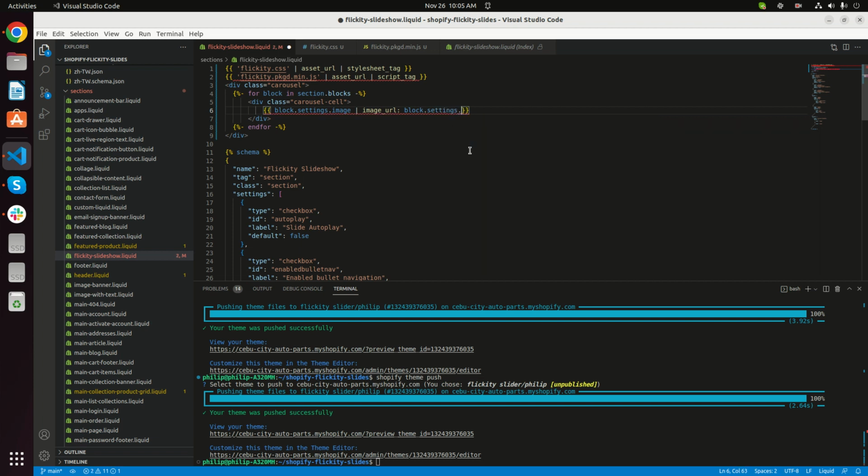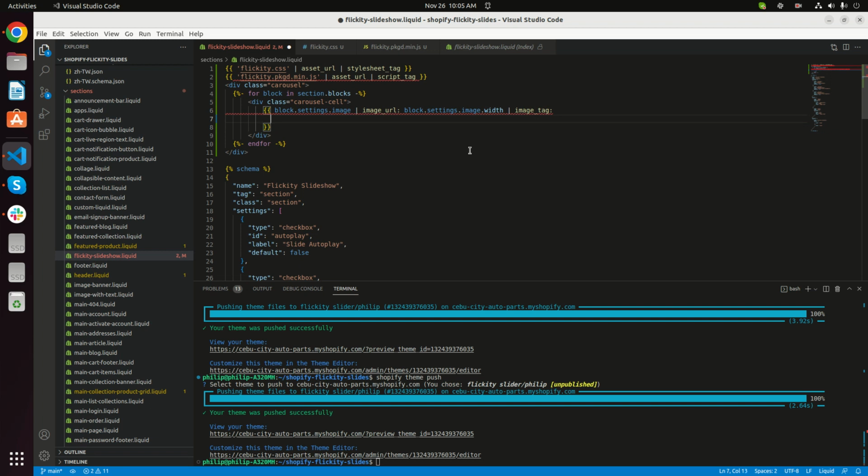Settings width, fill pipe again, gonna say image tag column, down, parameters. So I need width is the same, responsive, then image width, comma, height, block settings,